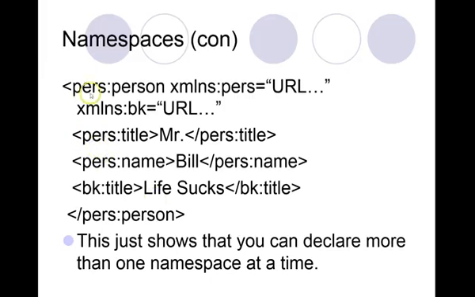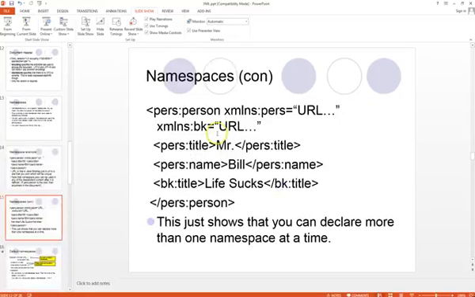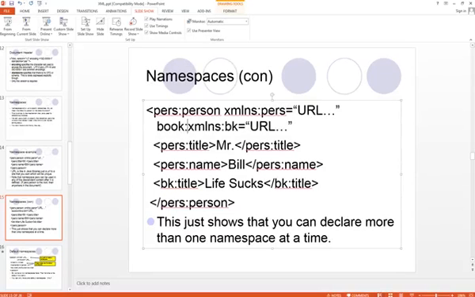So now if we look in this, and again, I'm pretty sure that basically what's missing here is that this should be book : BK space. Okay, so that defines the book. Oops, I'm sorry, I did that backwards, didn't I? Okay, so it should be the prefix BK and then the name of the namespace, which is book. Let's go ahead and put that on the next line so we can kind of line them up there so we can see. So we have two namespaces, and now this means the title in the person area,